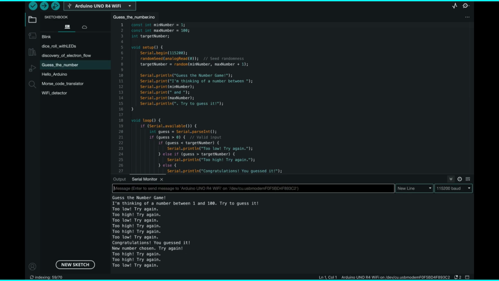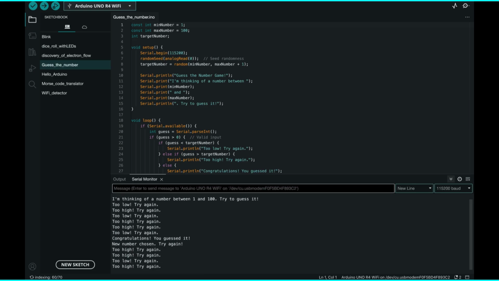Too low, 75. Too high, 60. Too low, 65. Too high, 64. Too high, 62. Okay, yeah, 62. 34. Too low, 67. Too high, 45. Too low, 66. 55. 45. Yeah, so you can play this for as long as you want, and you can